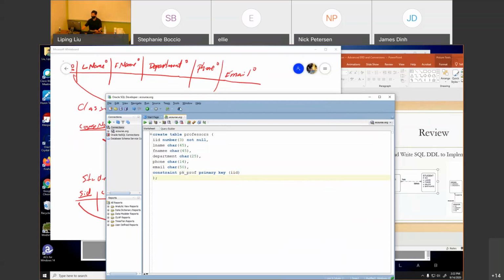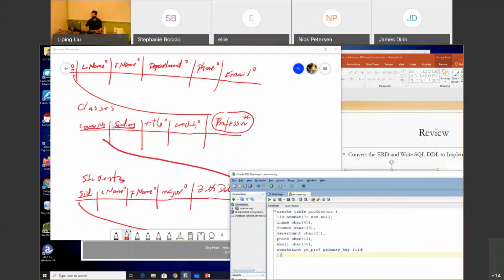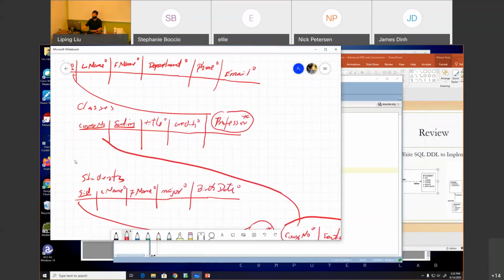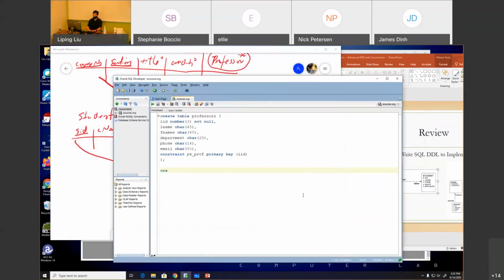So let's say we have that first table created, and now let's create the table for the classes next, because the primary key, foreign key for classes is the professor. We already have that, so we can create the next table. Let's move this up first. Create table classes,